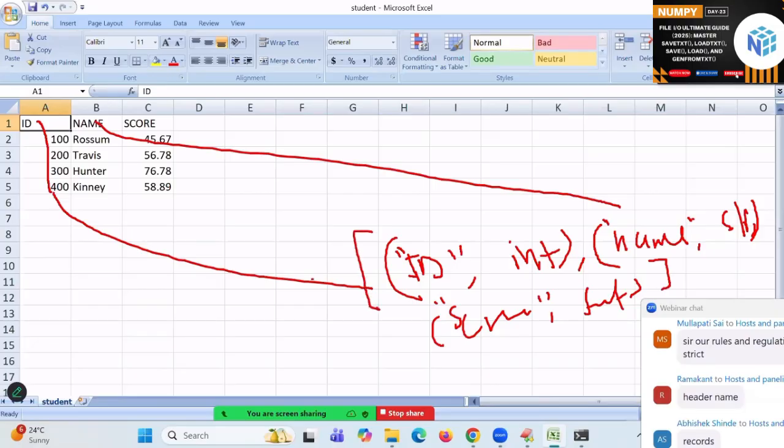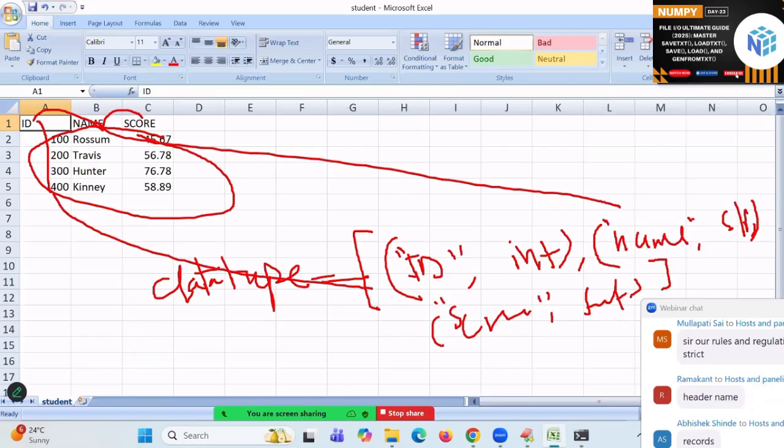This is known as what? Data type. D type, I am going to take. I am taking it as DT, data type. So whenever you are reading the column names, records of your CSV file, take every column name and identify its data type. It is as good as you can mention like this also, students.